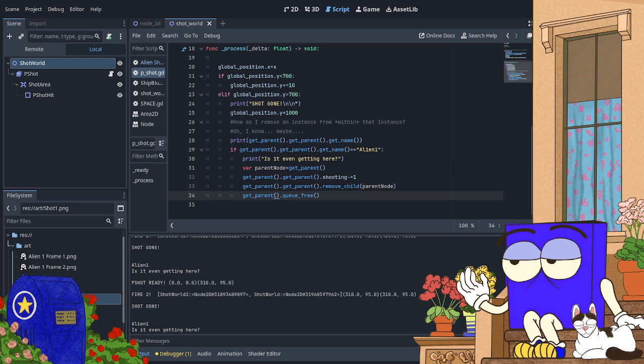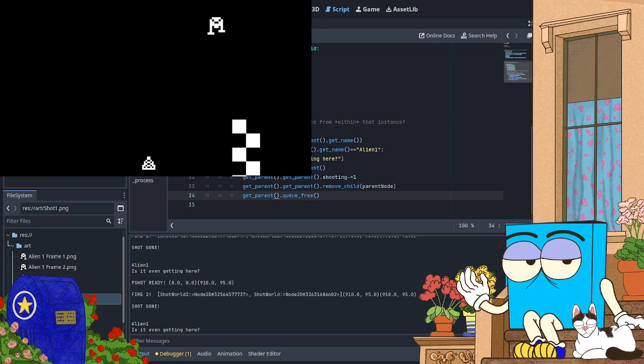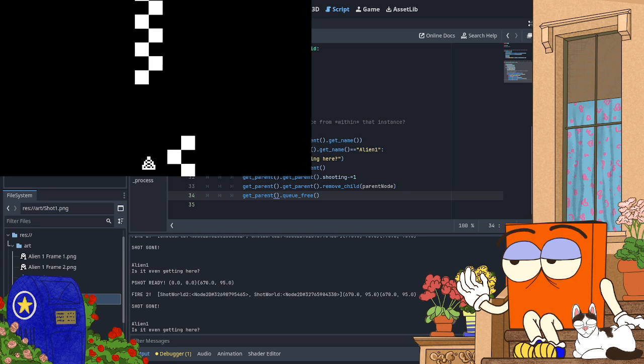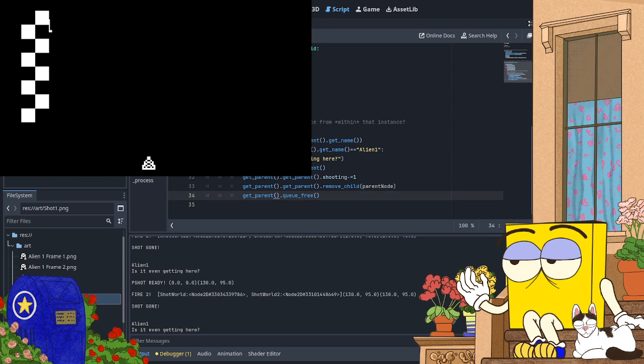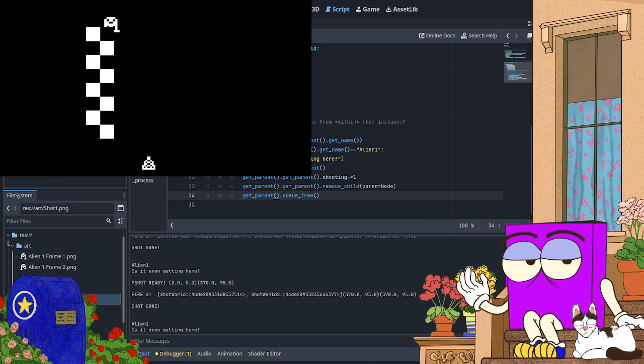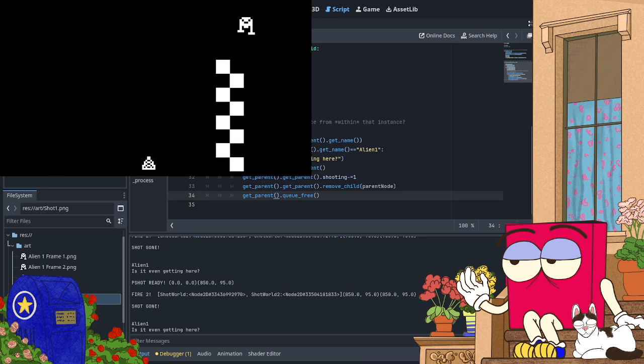Now, as you can see, it's hitting the, is it getting there. And as you'll be able to see in a minute, no, there. The shots are properly disappearing. The shots are still like a million times bigger than they should be. 50 times bigger than they should be if I have my math correct.